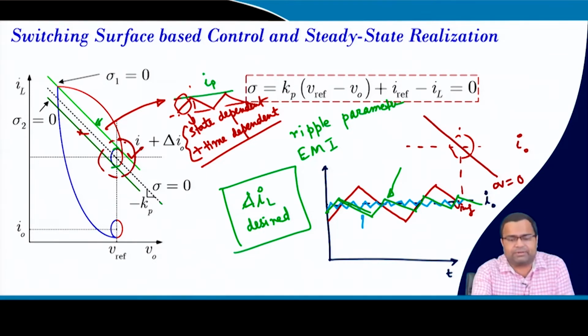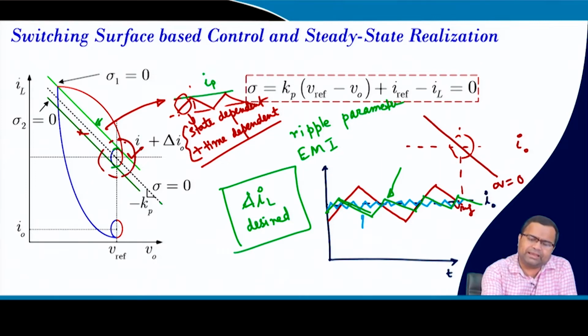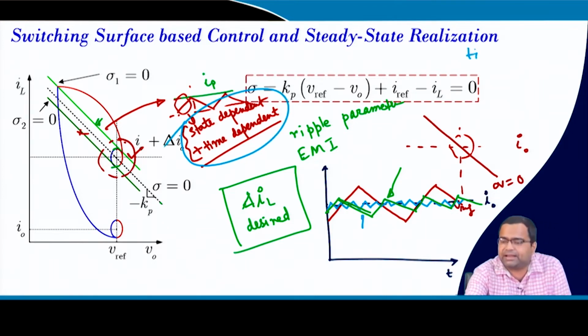So, one of the objectives, and that is exactly what we did in the previous lecture. When we derived the optimal parameter, we ignored the effect due to the ripple, and that is why we are getting slight mismatch, but that is okay. But there we were using a fixed frequency modulator, so there is a constraint, that means you may not get perfect time optimal because of this. But if we use a combination of state dependent and time dependent,